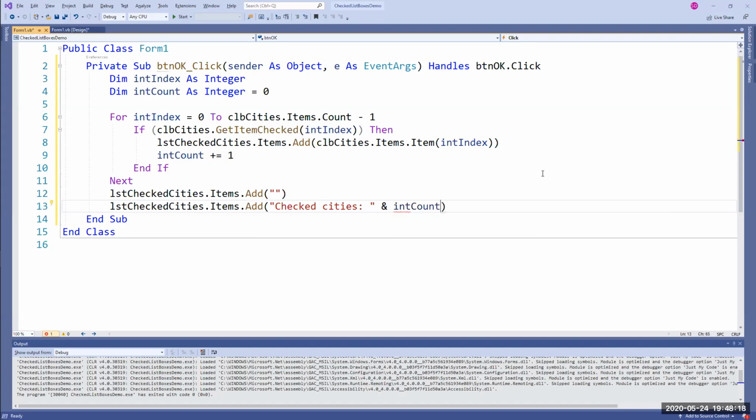And maybe use a ToString method. So it's going to display in here how many cities are checked. So it's going to display the cities that have been checked and how many cities we have checked. So if I run it,